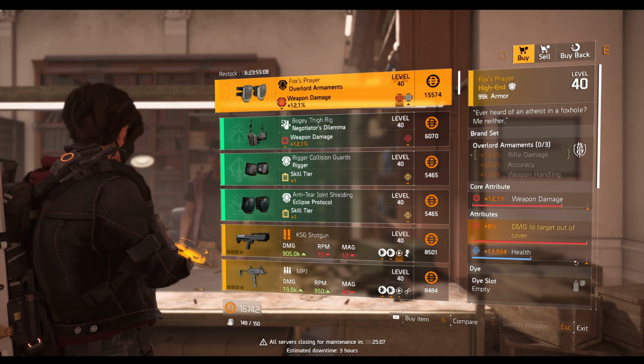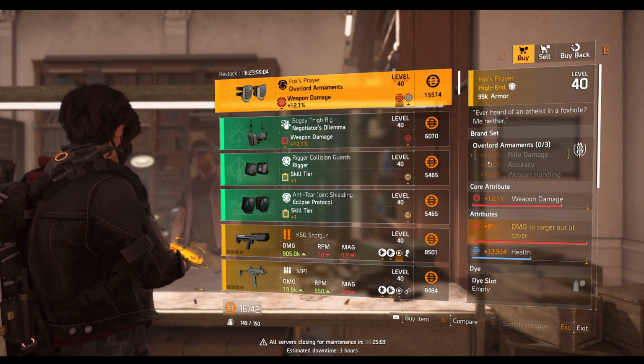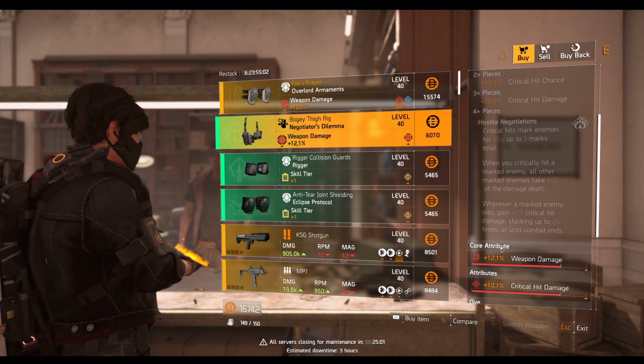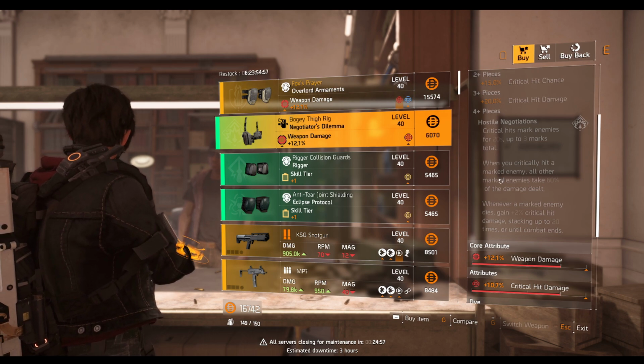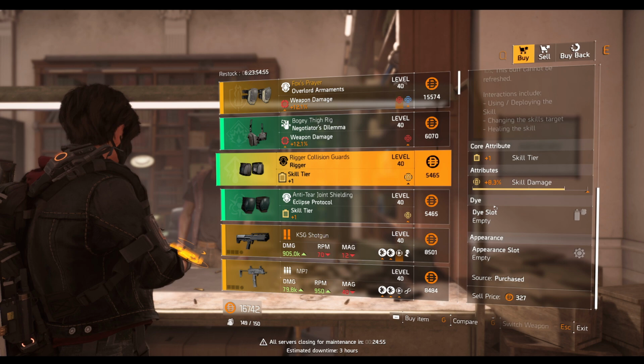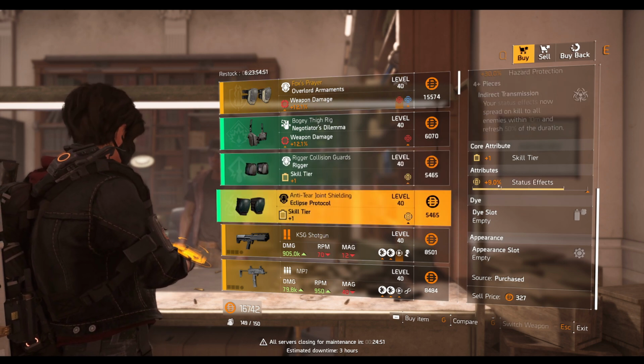I mean, you can change it to crit damage or crit chance, depending on your build, or something else if you want to. And next, we have the Negotiator's holster with 12.1% of weapon damage, 10.7% of crit damage. Pretty good for new players, I would say. And we have the Rigor knee pads with 8.3% of skill damage, Eclipse Protocol knee pads with 9% of status